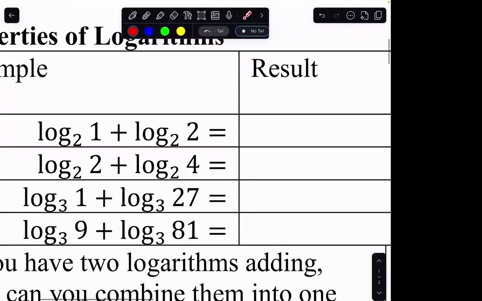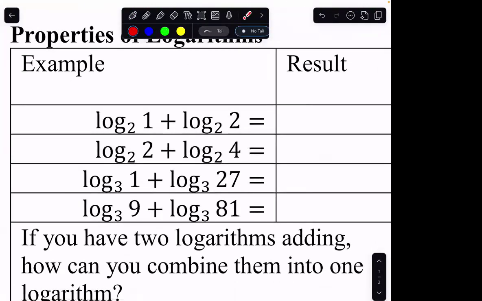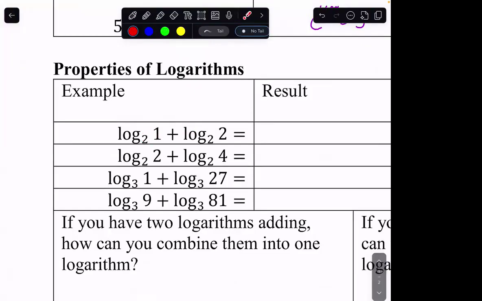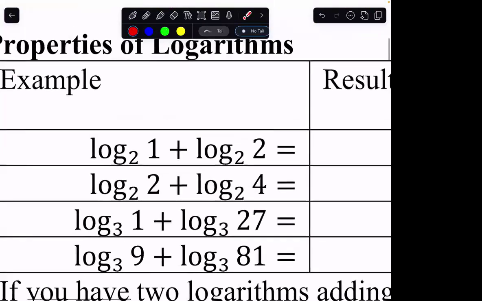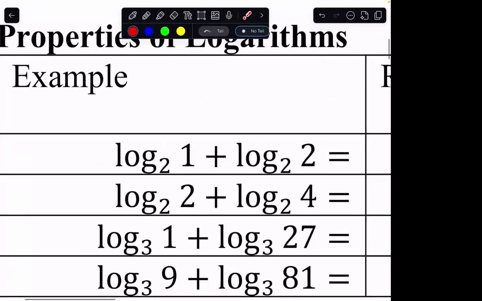Okay, so how it's going to work is, first we're going to try to discover what the rules are for adding logarithms. So here are 4 addition of logarithm problems. How can we do the problems if we don't know the rule for adding them yet? Well, I chose numbers that can all be simplified. So for example, this